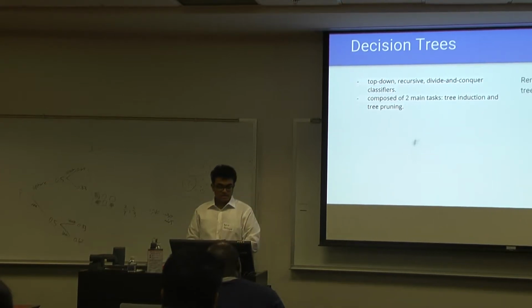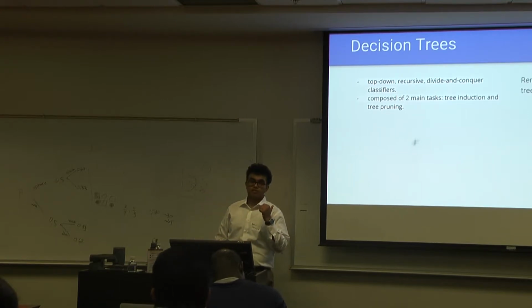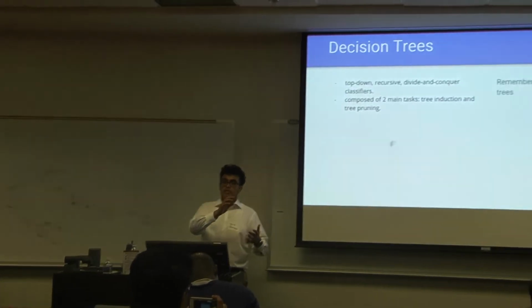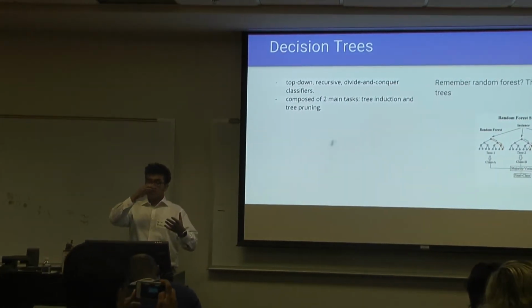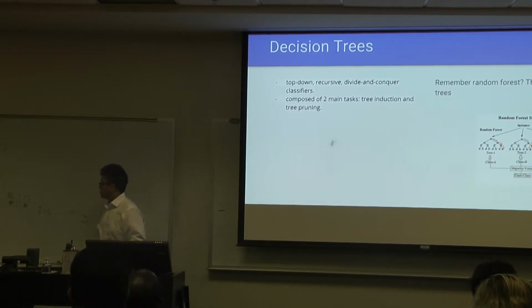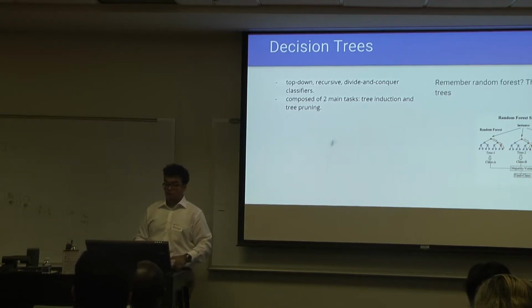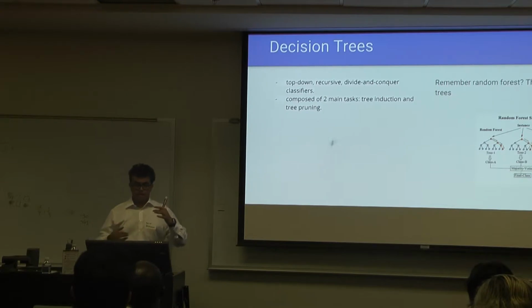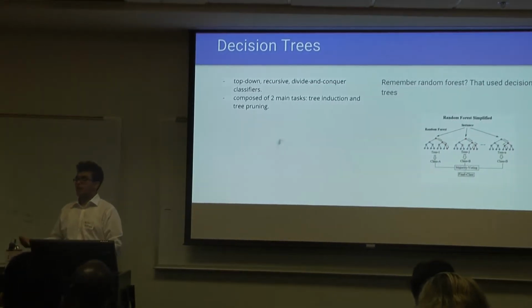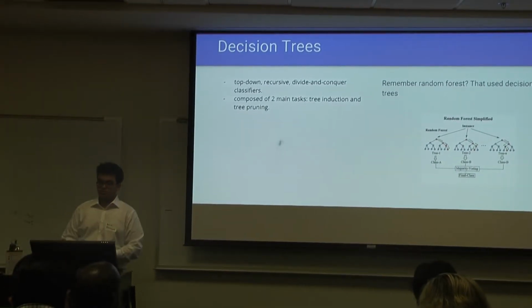Okay, so next is decision trees. Decision trees go back to when we talked about random forest. In random forest, we talked about how the input would be all of the possible different decision trees, such as this decision tree of an outcome, and taking the mode of those decision trees would be our random forest. So what a decision tree is, it basically shows all the possible outcomes of a sample.